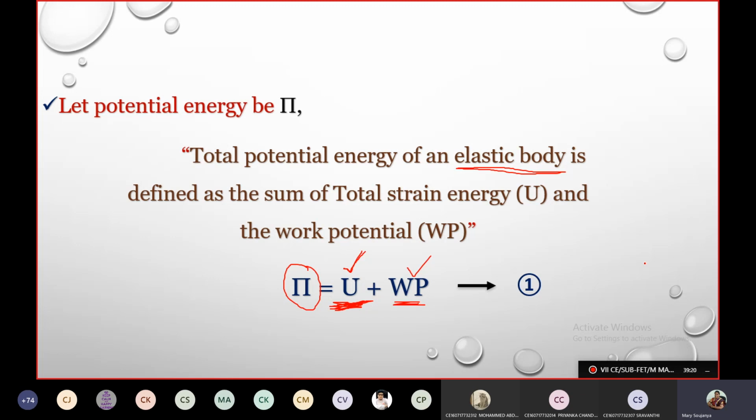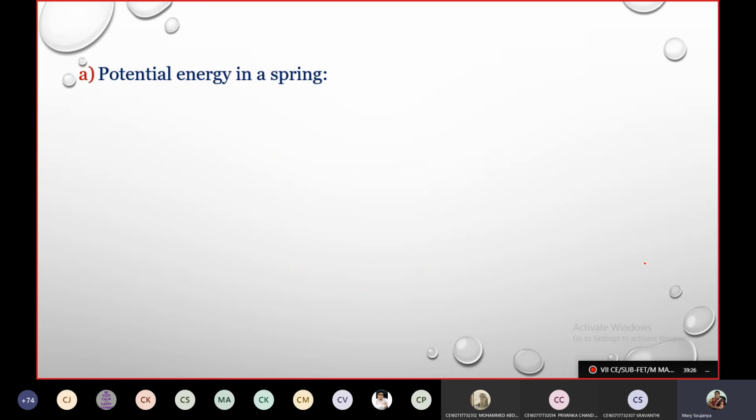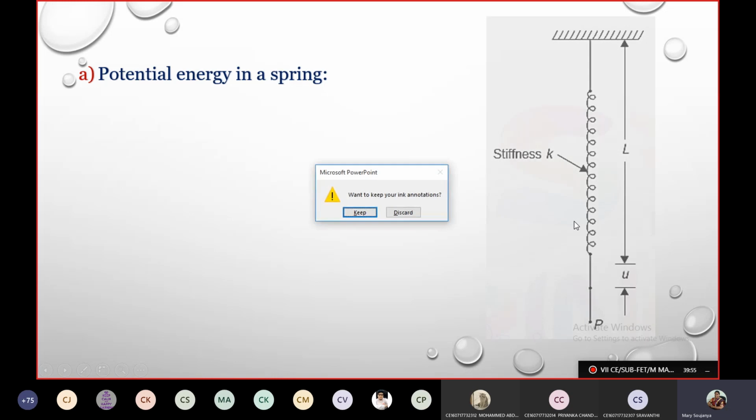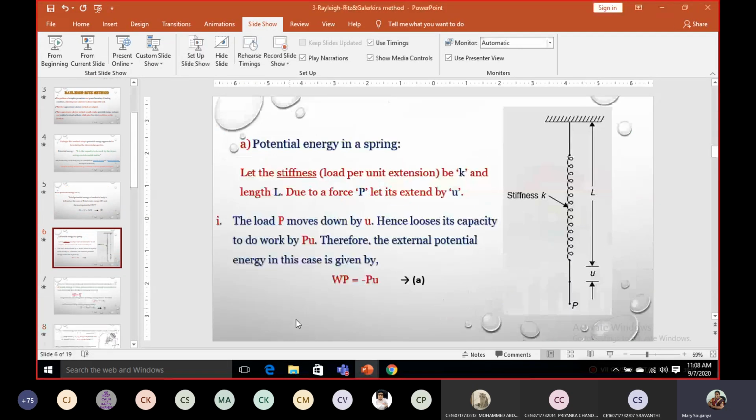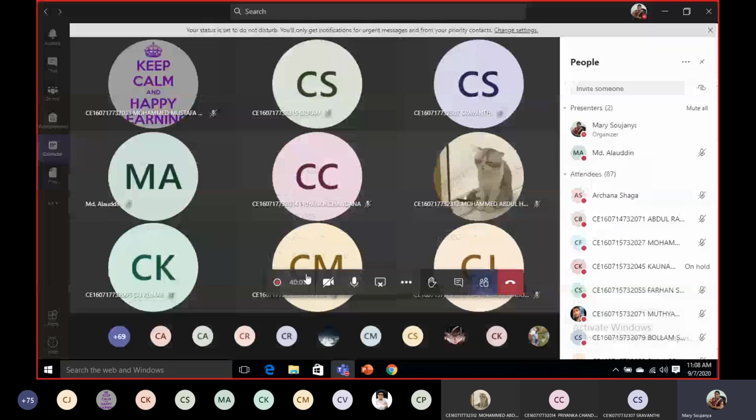So what we'll do here is divide our formulation into two subtopics. First one would be potential energy in a spring. We will derive the potential energy in the spring, take this concept and go forward for the 3D body we were seeing till now, a 3D elemental volume or 3D surface, 3D body for which the surface traction and body forces are applied. That we will look into. For today, I think we have to stop the class here because it's only 10:08.